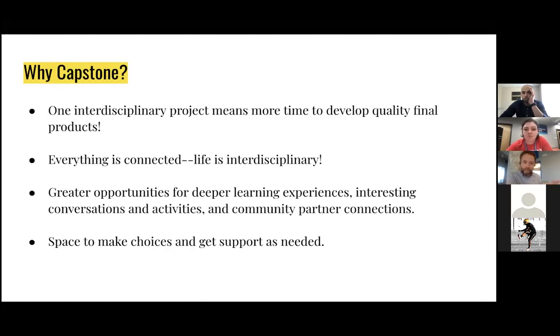Also, the reason why we're doing this is because sometimes in traditional schools, all the different subjects are split into these different containers, right? So you just took an end of course exam for algebra. Earlier this week, you had an end of course exam for English. And so all these disciplines are kind of split apart and assessed and understood separately. But in reality, life is interdisciplinary and everything is connected. Those divisions don't really exist in the real world. So this interdisciplinary capstone project will allow for a lot of those different subject areas to come together and meet in the way that you explore.